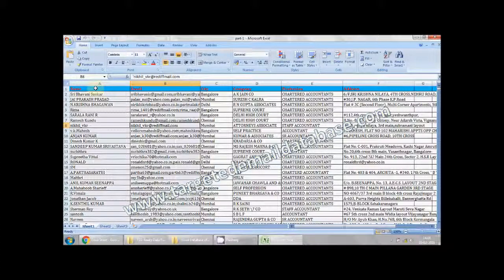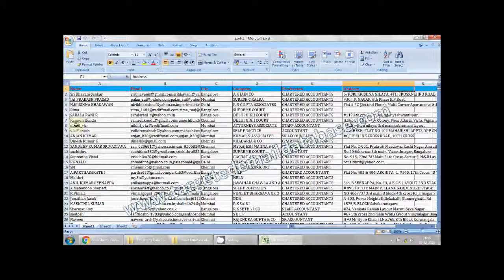The columns are the name of the person, email ID, city, company name, profession and address. This data is typically of self-employed people like chartered accountants, doctors and lawyers, those who are neither a businessman nor a salaried individual. They may have a self practice, or they may be freelancers. You will get various professions here, like doctors, chartered accountants, lawyers, freelancers, photographers, different sorts of consultants, and other self-employed professions.